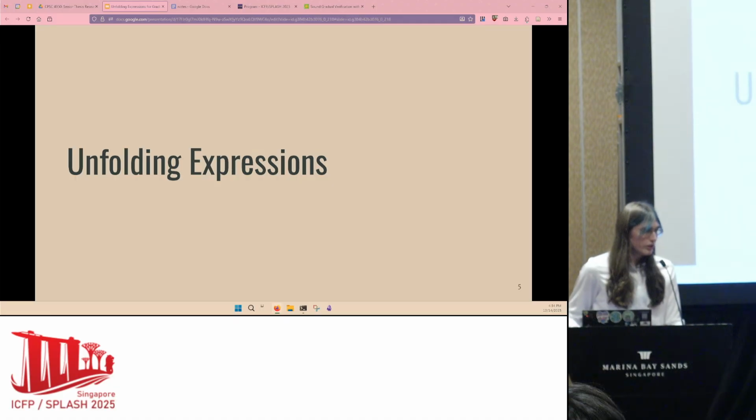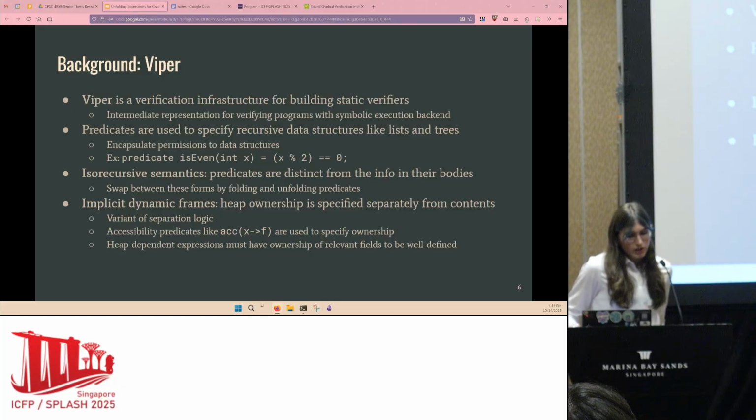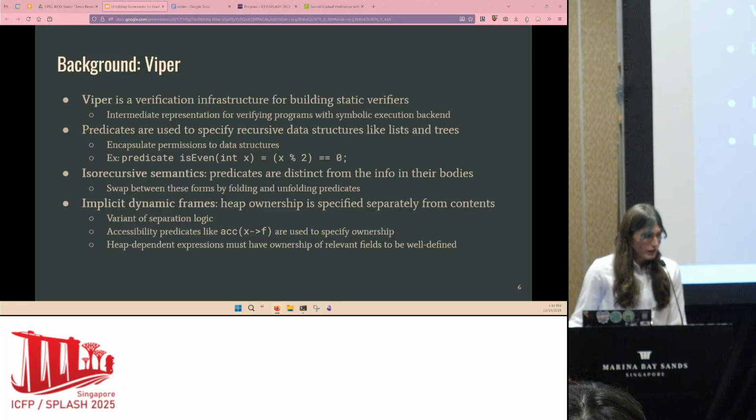To look at precisely what an unfolding expression is, what it does, and why we should care about them, we have some background we need to cover first. To start, we're building on the Viper verification infrastructure, which is used for building static verifiers.